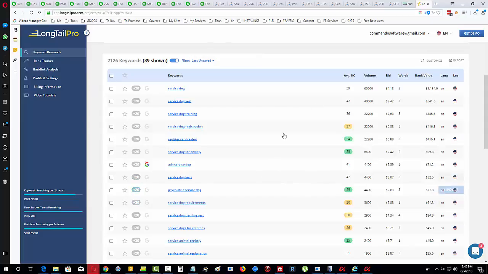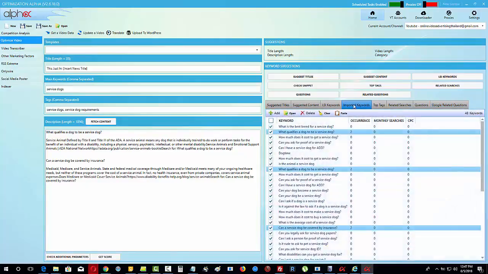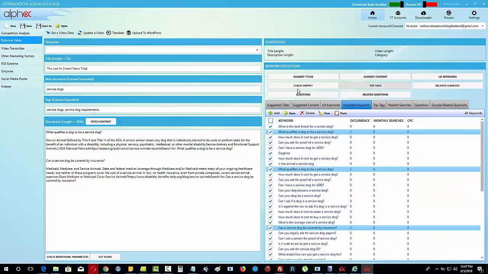Okay, so how do we use this information with the new feature that we got in Optimization Alpha? Okay, so what I want to do is I'm going to highlight all of these, I'm going to checkbox all of these, and I'm going to click to send to imported keywords. Now if I go into the imported keywords over here, you can see that we've got all those questions being pulled in here. Okay, so we don't lose them,